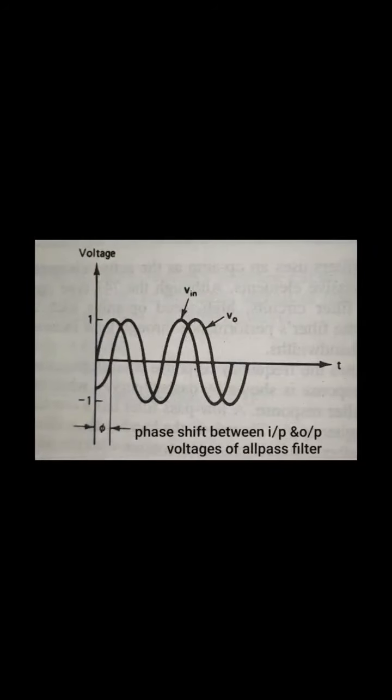Okay, so here you can see the phase shift between the input and output voltages of an all pass filter. This filter passes all frequencies equally well. That is, output and input voltages are equal in amplitude for all the frequencies with a phase shift between the two as a function of frequency. The highest frequency up to which the input and the output amplitudes remain equal is dependent on the unity gain bandwidth of the op-amp. At this frequency, however, the phase shift between the input and output is maximum.